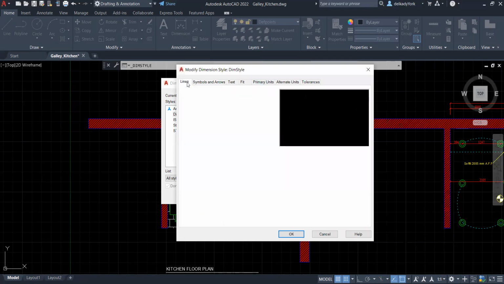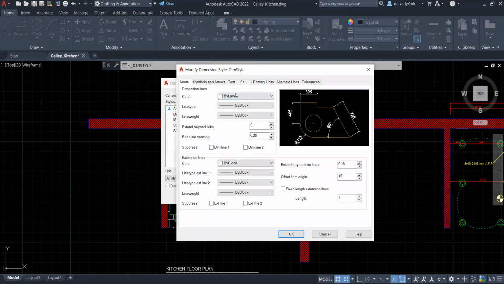So here we go. For the lines, you're not selecting anything other than what we have here. The dimension lines should be by layer. We're going to leave the line type and the line weight as by block. Okay, so make sure that the dimension line here at the beginning is by layer, but then the line type and the line weight are left as by block. I'm going to leave the extend beyond text and the baseline spacing at those common values. I didn't change anything here in the extend beyond dim lines and offset from origin, so I left those values